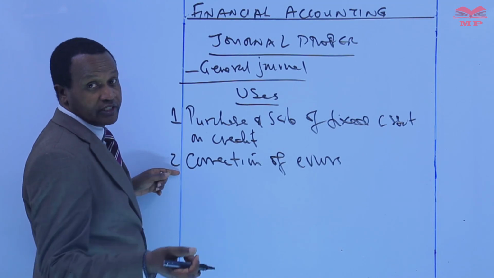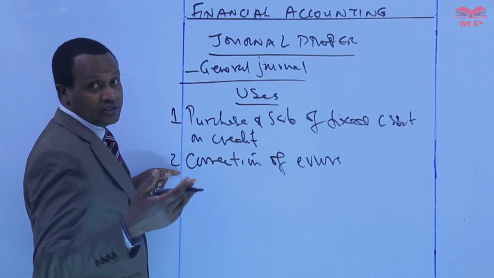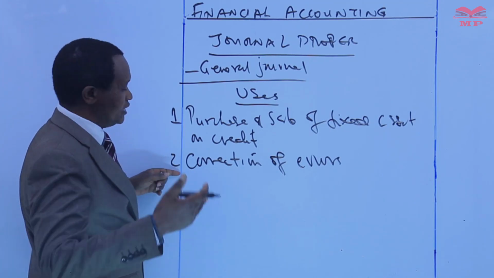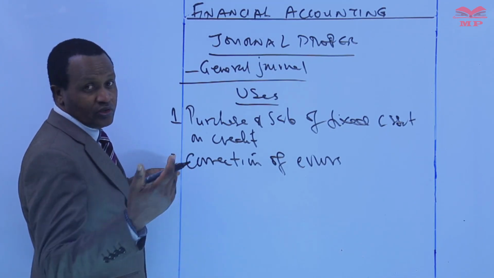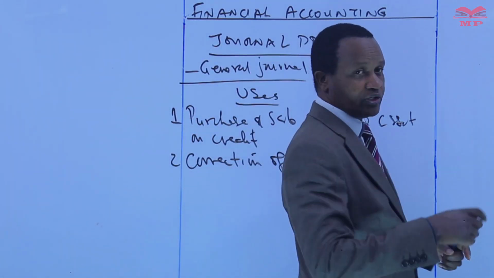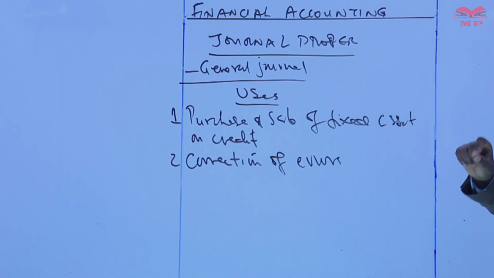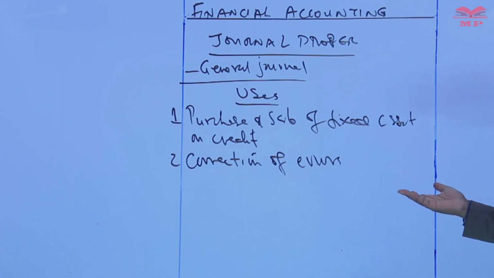Correction of errors that may be identified in the other journals or ledgers. Such correction of errors is recorded in the journal proper or the general journal. Do you understand? So these are just examples of uses